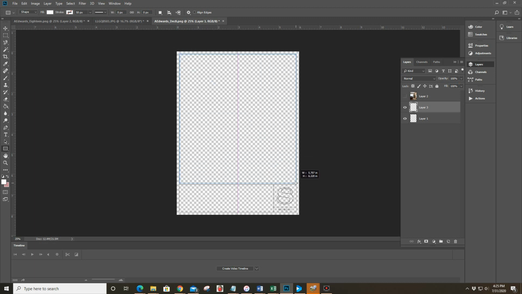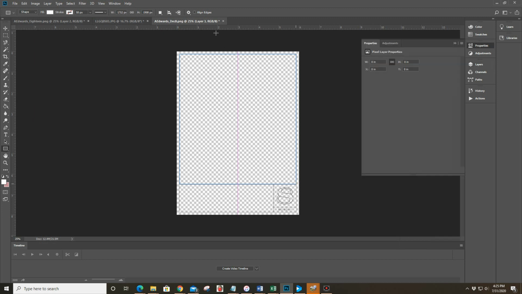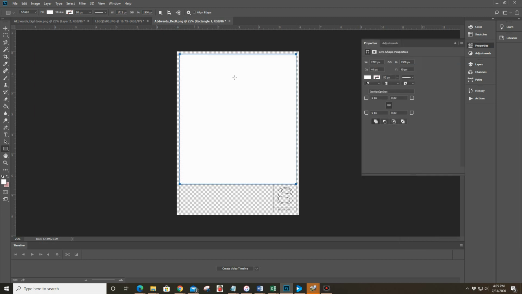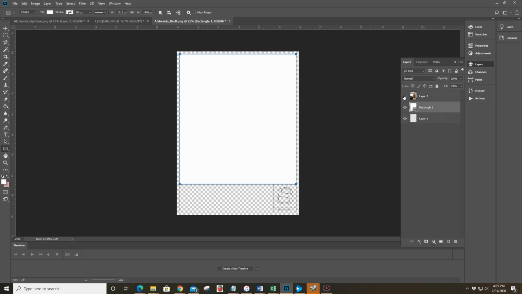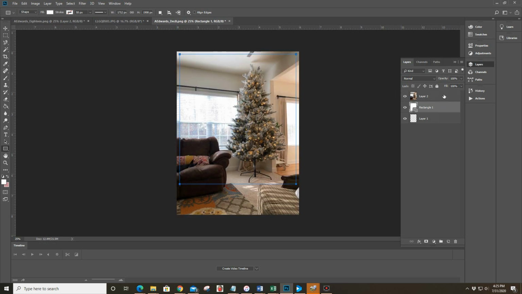Now, if you want the box to show, you can. If you don't want the box to show, that's okay too. Might make a nice little shadow line, actually. And so I do want to make sure that it's centered. And so once that box is created, now what we can do is go back to our layers, turn our